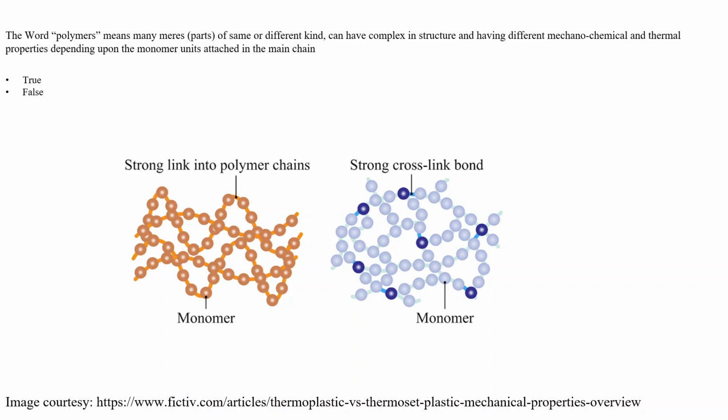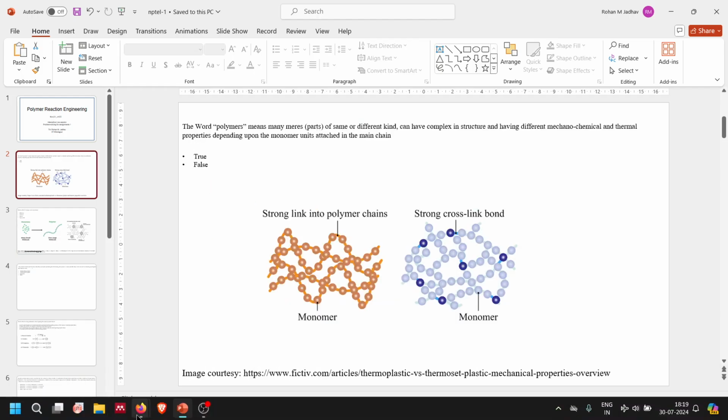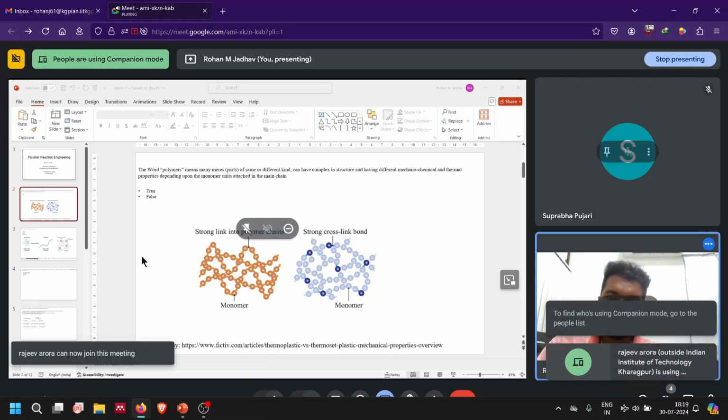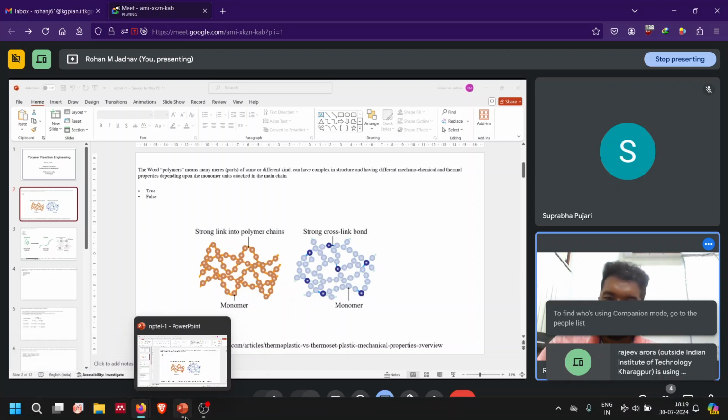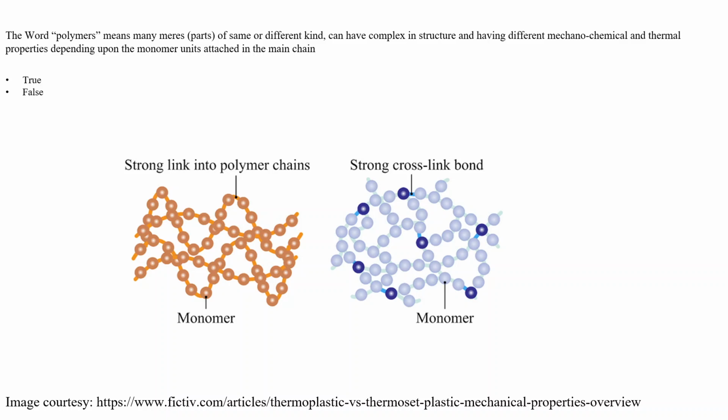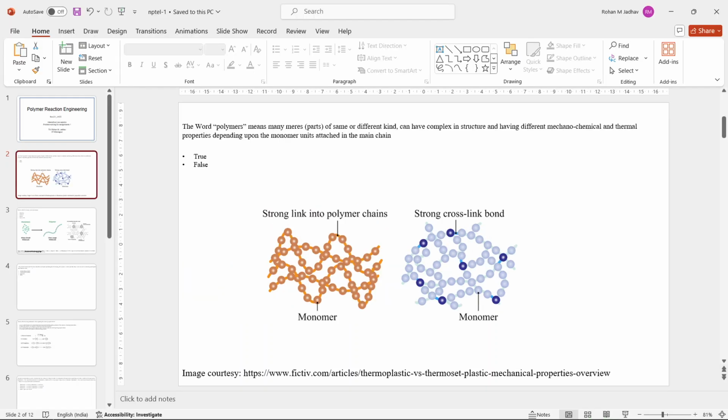Inhibited in the sense that when you heat a polymer, the polymer chains are free to move around, which means that once you heat the polymer, it starts moving around and becomes liquid, or you can see it in a molten form. So you can heat them, and the polymer chains will start moving around in a molten form. But if you start cross-linking them and form cross-links,